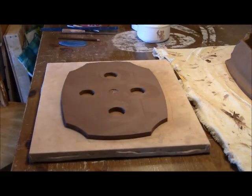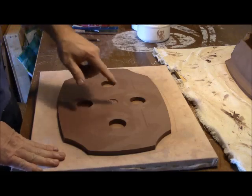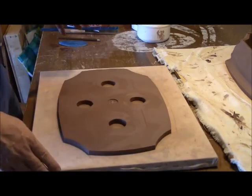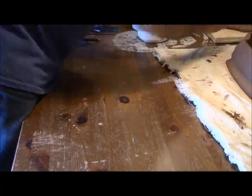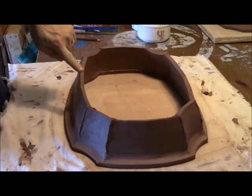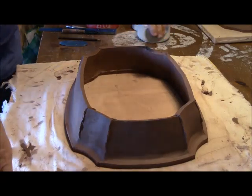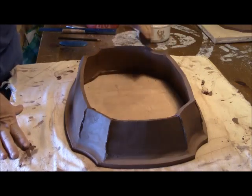Alright, I think I've got the base all ready. I've put my stamp in it, I've cut the drain holes. I think I'm going to cut wire holes later when it's all assembled, just so I don't put more holes in this than I need to. I'm going to move this aside for a second, and it's time to score the surface that the base of the pot is going to be attached to. We're going to get that scored, get some slip on there. We'll flip the base over so we're scoring and slipping the other side